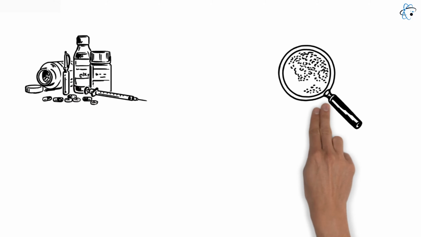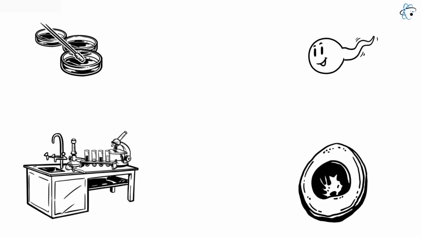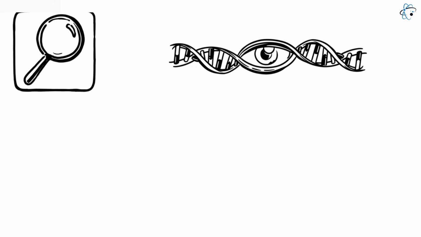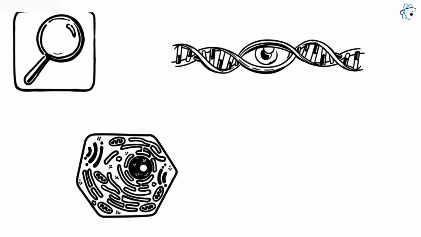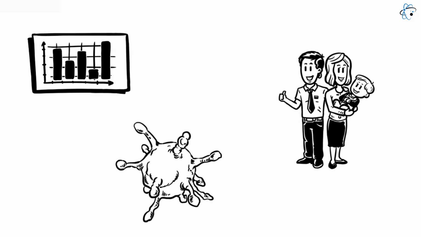Preimplantation genetic diagnosis is a medical procedure that examines the DNA of an embryo before it is implanted in the uterus. PGD is usually performed during in vitro fertilization, which involves fertilizing eggs with sperm in a laboratory and then creating embryos. In this process, PGD is used to identify embryos that are not carriers of certain genetic conditions or disorders. To do this, a single cell is taken from an embryo and tested for the presence of certain genetic mutations or abnormalities. The results of the genetic testing can then be used to select which embryos should be implanted into the uterus.